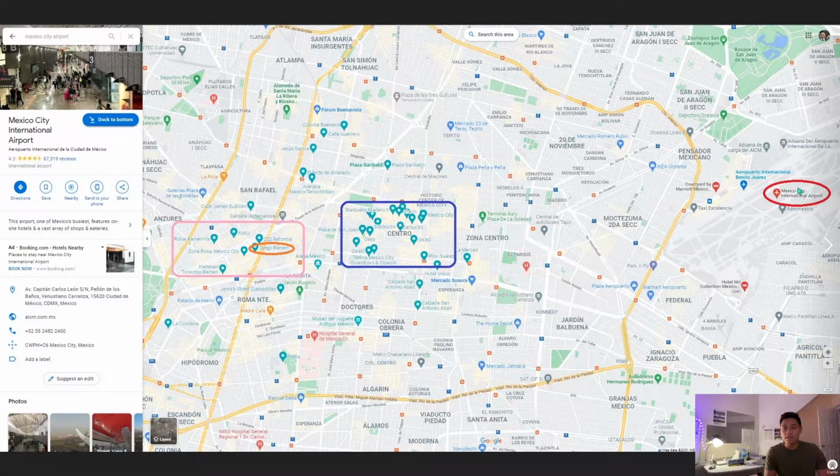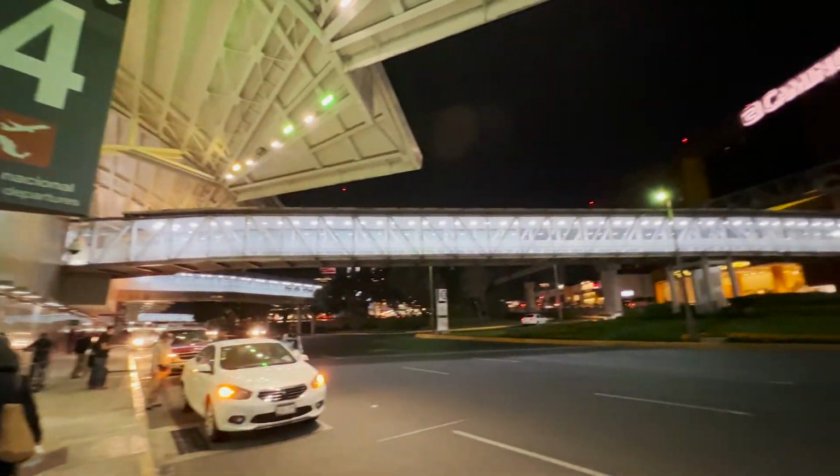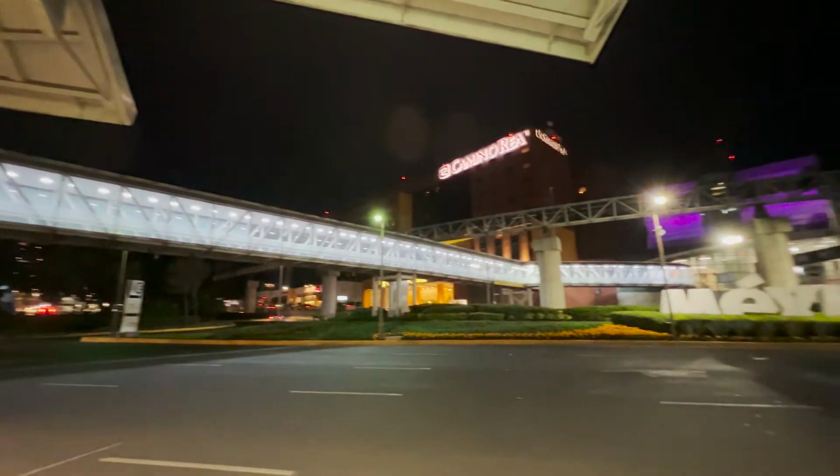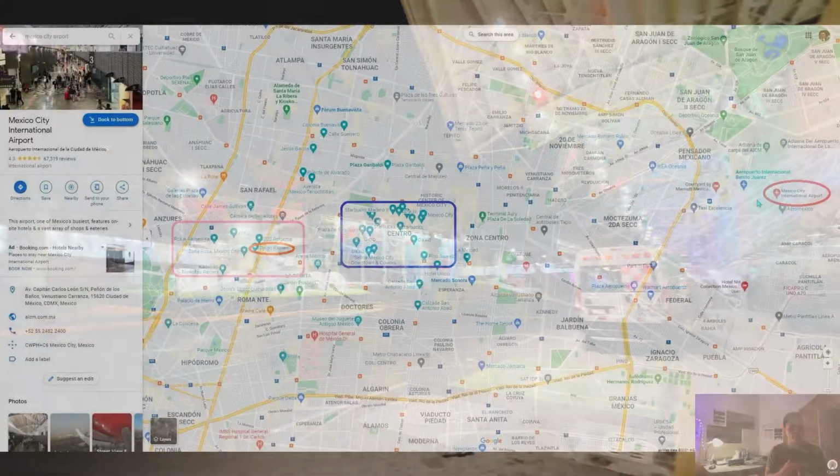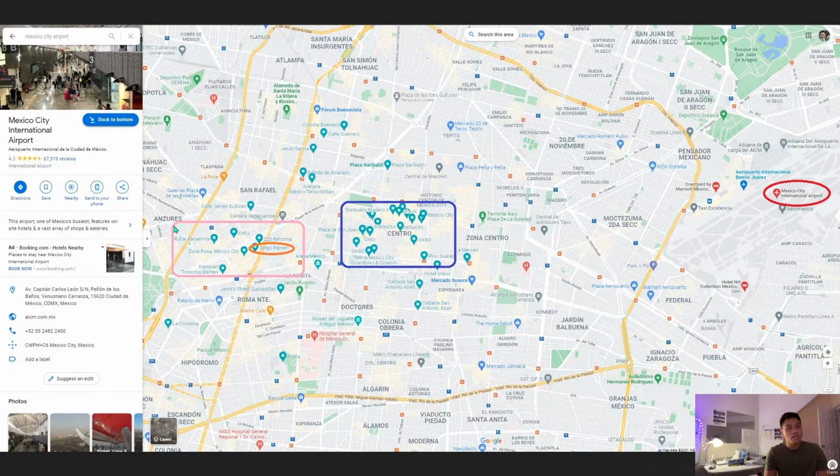So you arrive in Mexico City in the international airport, so I've circled that in red here. The two main zones that I had exposure to that I think are good zones that you can stay in are first Zona Rosa, which is highlighted in pink here, and Centro, which is highlighted in blue here. So on a high level view,